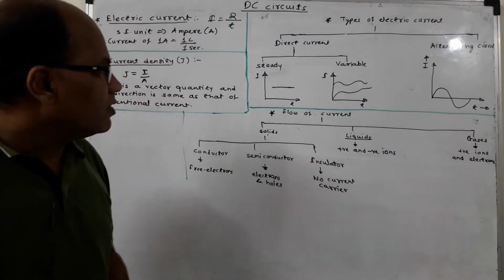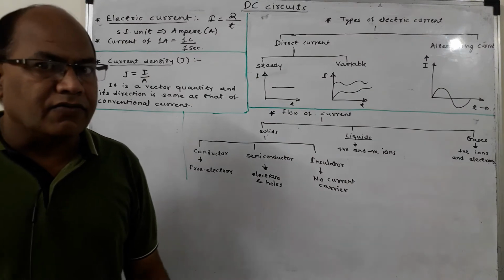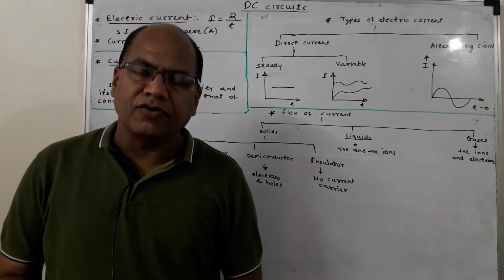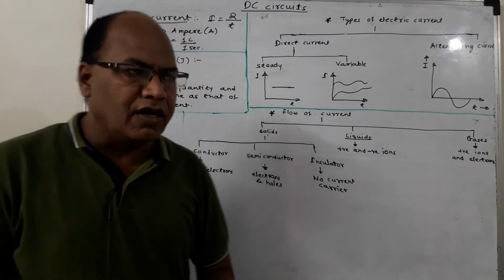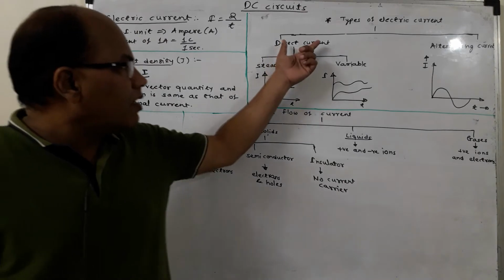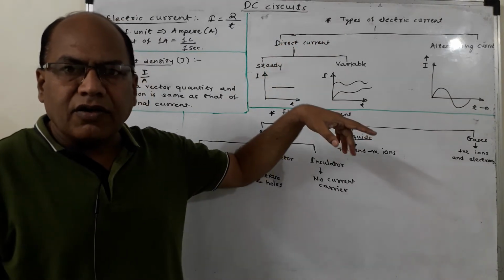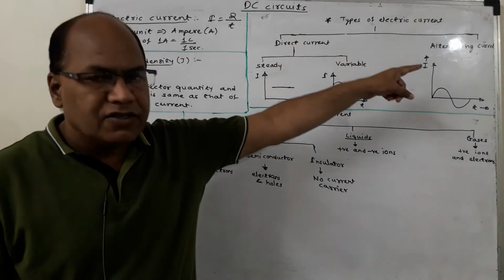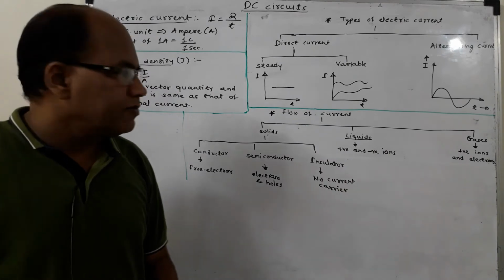So electric current, as it is classified into two types, while dealing with the electric current, we will have to check its magnitude and we should know its direction, which is called polarity. In case of direct current, the magnitude of current may remain constant or it may change, but polarity remains the same. Whereas in case of alternating current, the polarity of the current reverses.